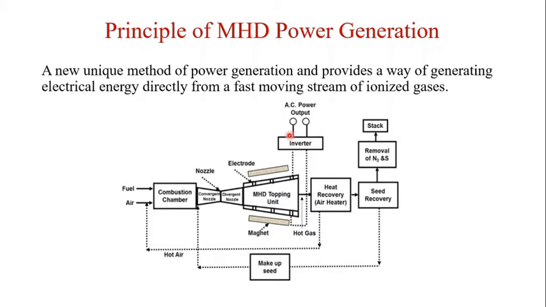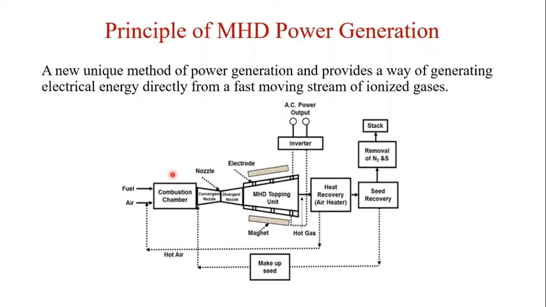Let us see how this MHD generator works. In the combustion chamber, the fuel is burned to reach a sufficient temperature. In this, the valence electrons are displaced from the orbit in which they are spinning, so they are split into positive and negative ions.